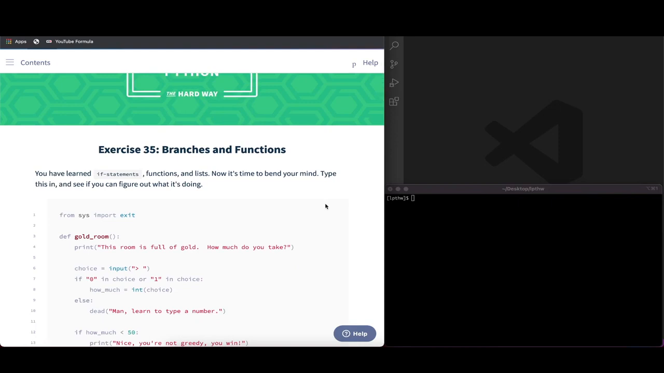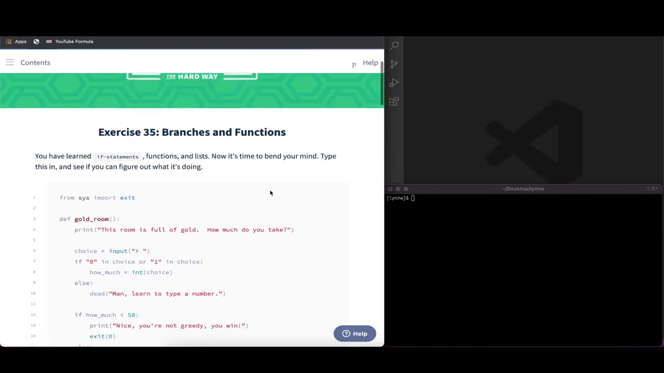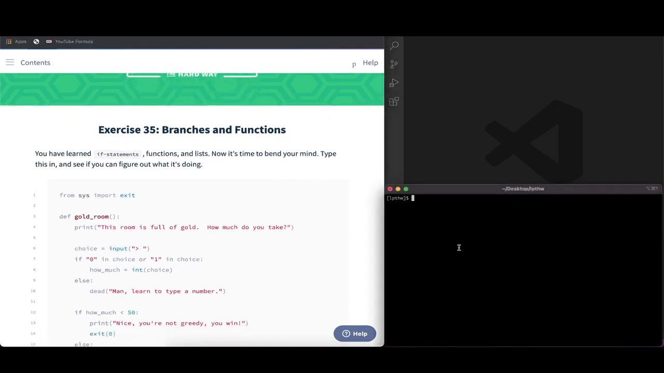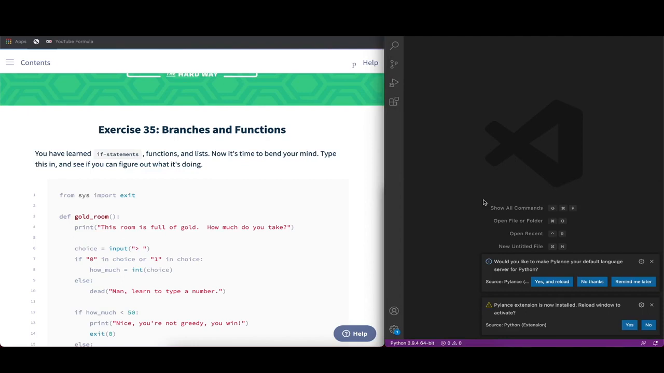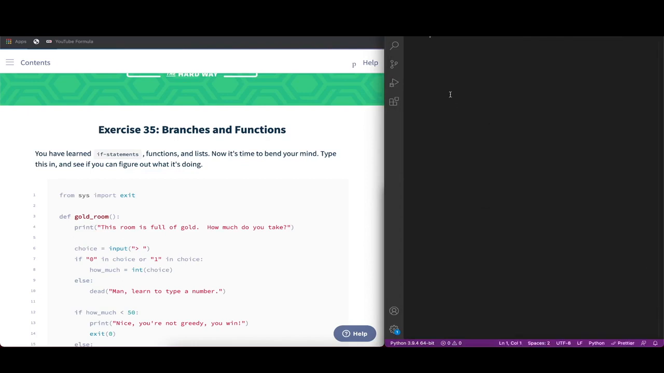So let's get started with branches and functions by creating a new Python script. We can open our terminal and then create a new file. I'm going to use Visual Studio Code, which I installed, and therefore I'm going to type in code followed by the name of the exercise, which of course ends in .py for Python. So this is going to open a new Python file, and from here we get started by actually importing exit